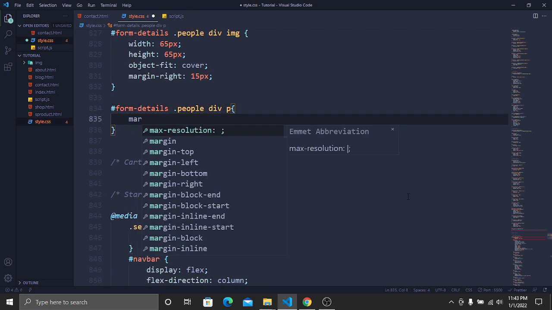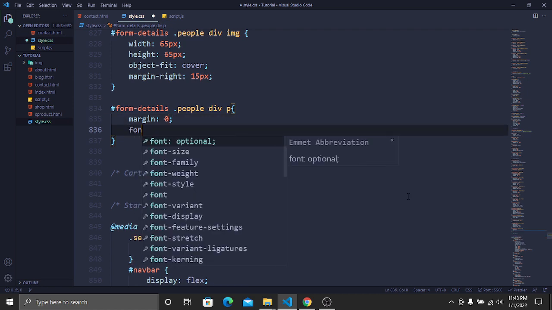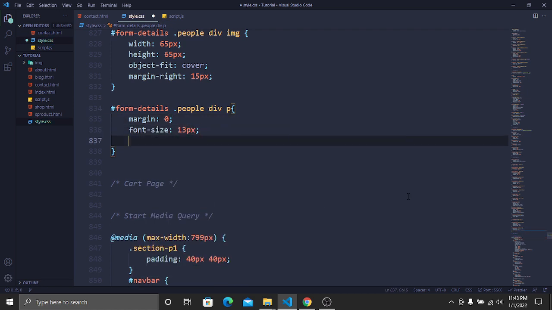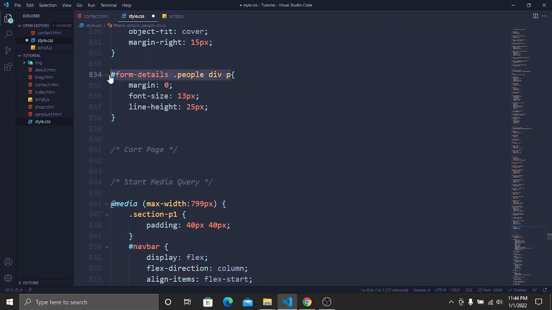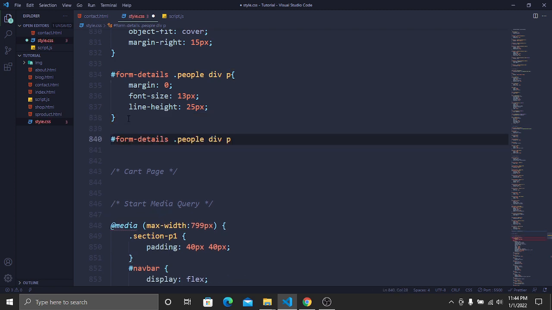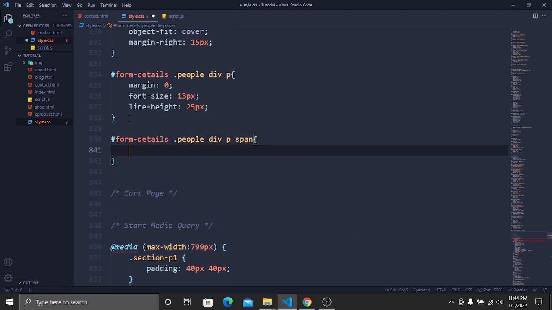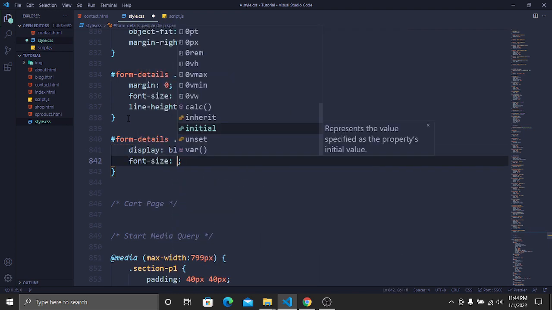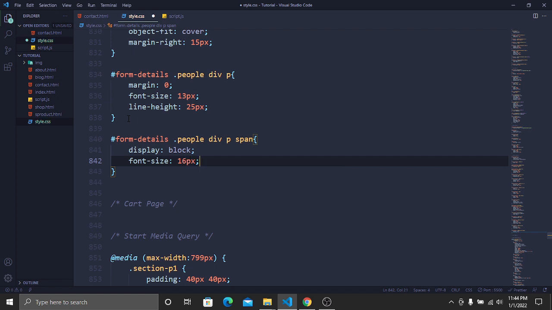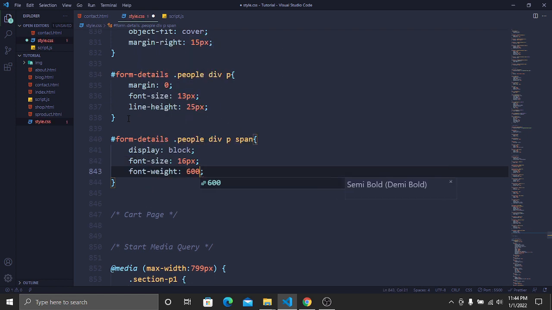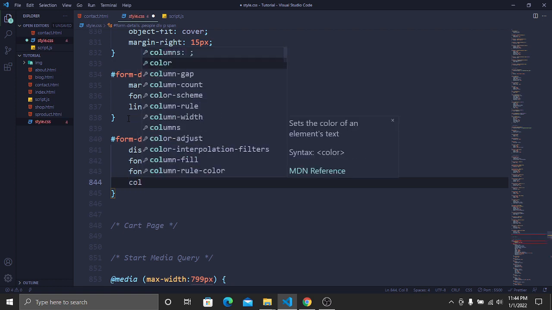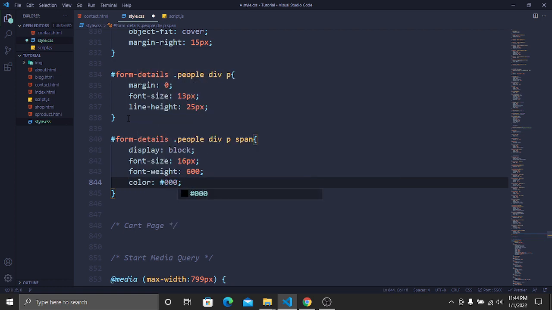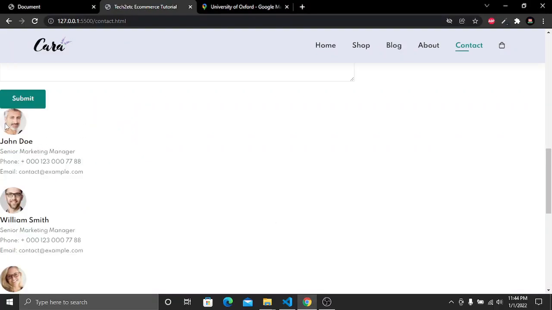First I will add margin 0, then I will add a font size of 13 pixel, then line height will be 25 pixel. And after this one we are going to target our span, so copy and then paste, then target our span, and here I will use display block, then I will add a font size of 16 pixel, then I will add a font weight of 600, then I will add a different color for our text and it will be black. Now save and go to our website, and here you can see that we have our image, our name and